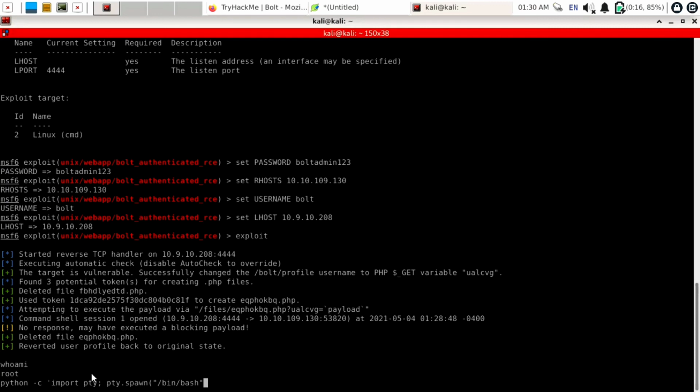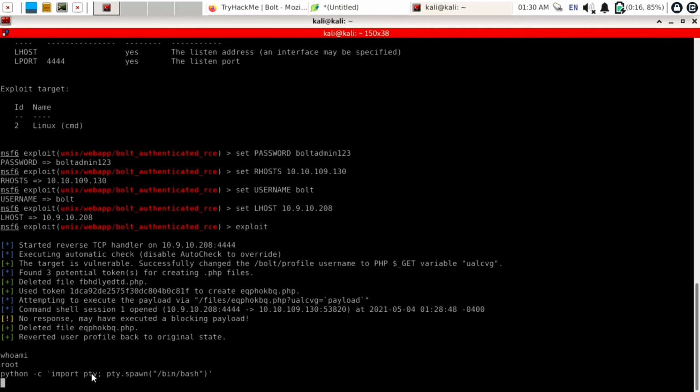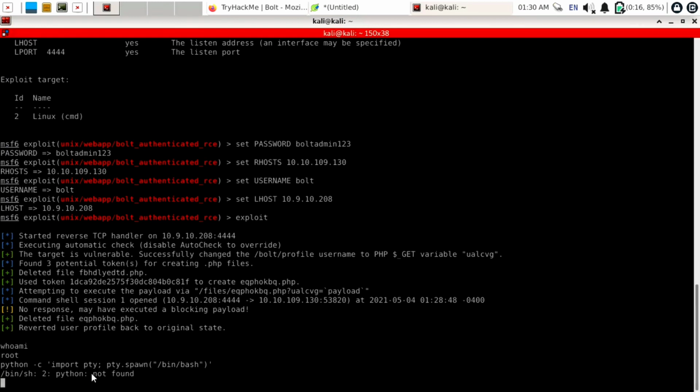Close this double inverted comma, close round bracket and single inverted comma. My system is getting stuck and it is running very slowly. Hit the enter button and it is showing that python not found. Okay, Python is not installed. This doesn't matter, we can use our commands here.